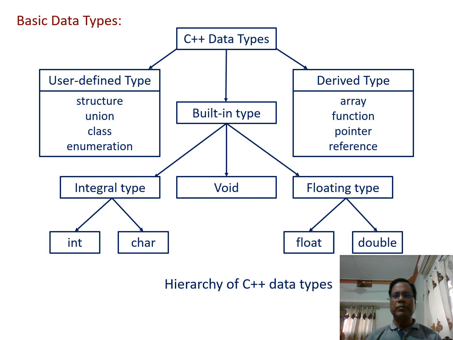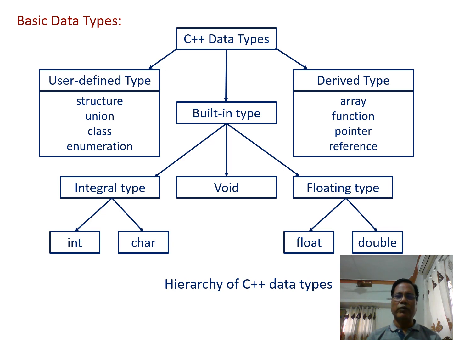In C++ data types, some are basic built-in types. Built-in types include the integer type, which is declared by the keywords int and char. In a similar way, the floating type built-in data type is declared using the float and double keywords, and another built-in data type is void, declared